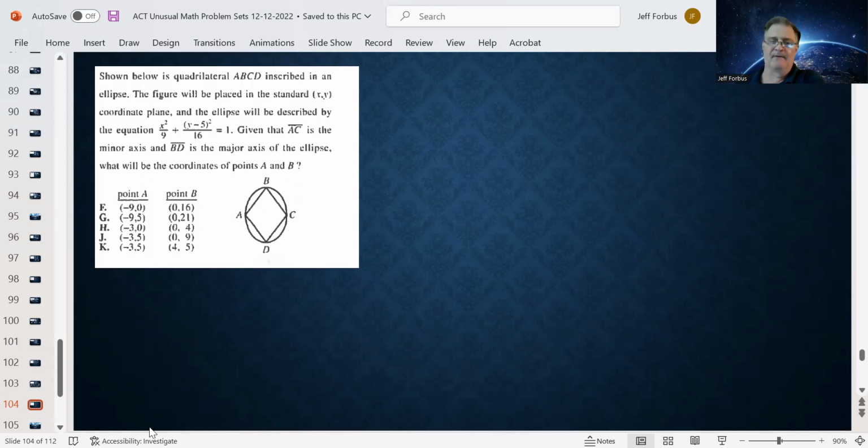So we're going to have a coordinate plane. Y-axis, x-axis. And the ellipse will be described by the equation x squared over 9 plus y minus 5 squared over 16 is equal to 1. Okay, given that line AC is the minor axis